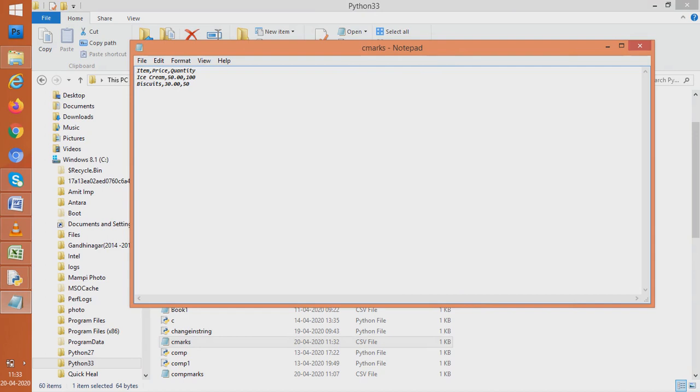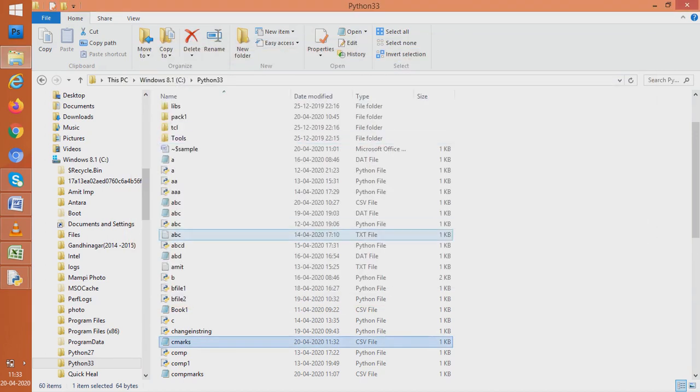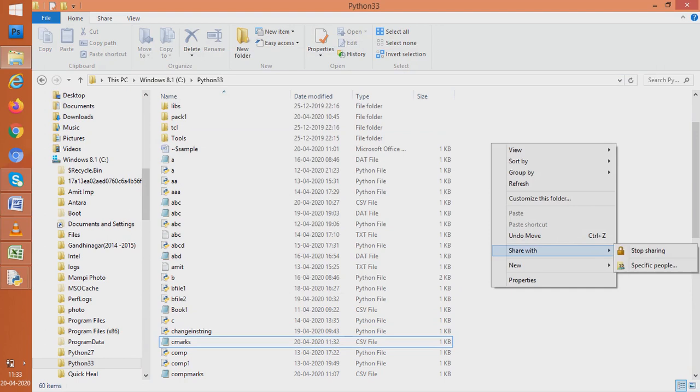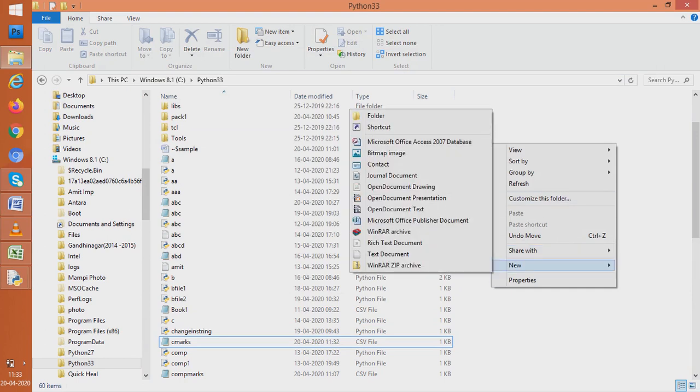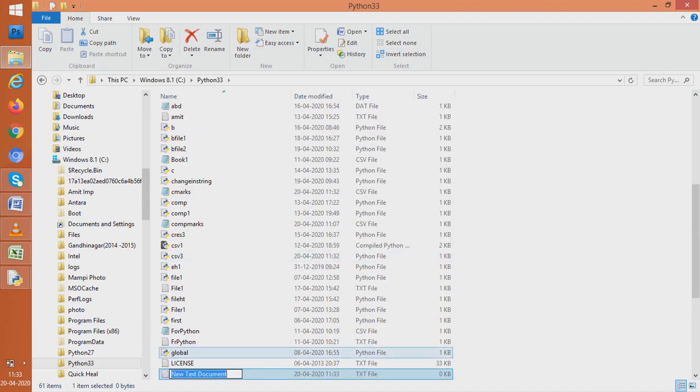Now what we do is, I create a file myself here, a text file. So I create from here, I say text document. So a text document is to be created. Then let us name it as my text. Open it up.